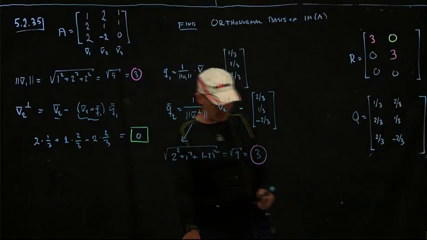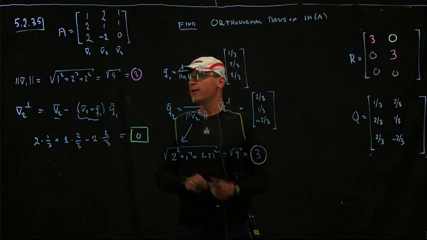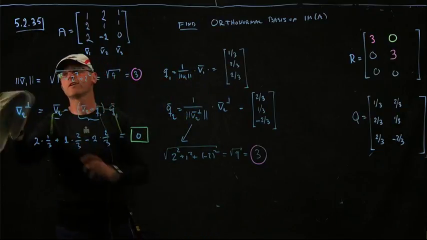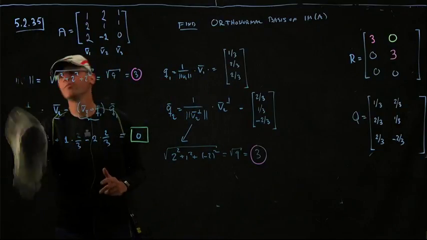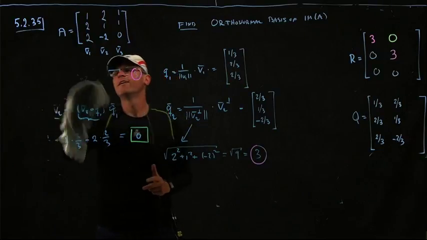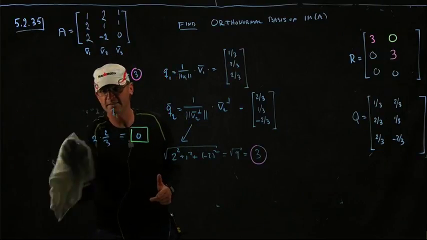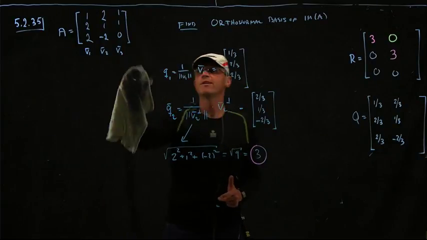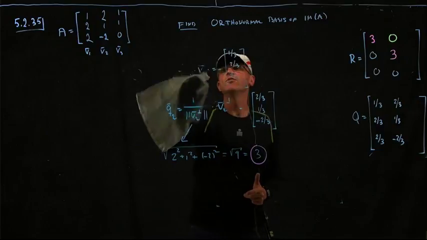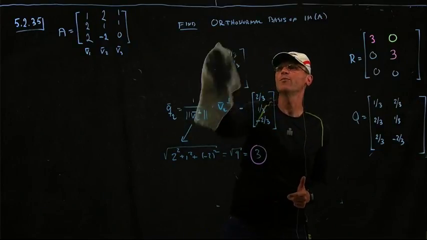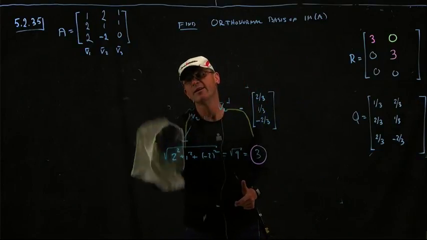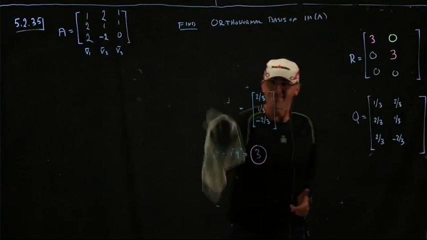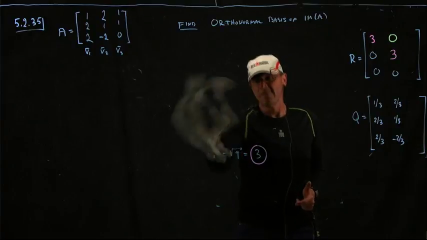Okay, then we take the third vector, so we can clean this up so I don't have to stand on my knees and use the bottom of the board. I need a platform here that can go up or down, so you can use the whole board. Short people can use the top and tall people can use the bottom. That comes in the next version of this room. There we go.